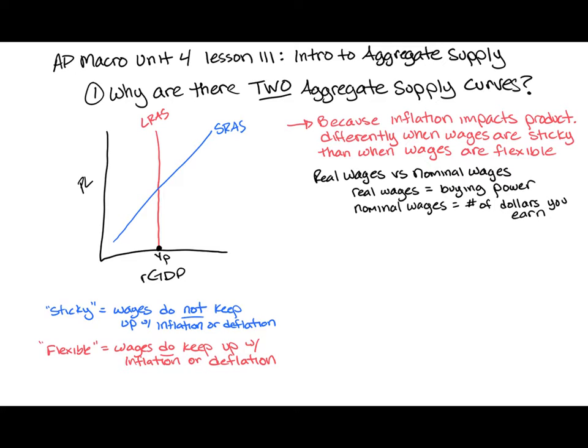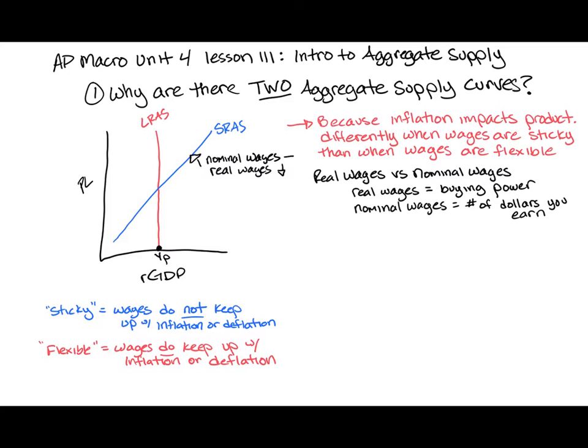Increases in the price level lead to increases in overall productivity because the producers are able to squeeze a couple of extra dollars out of any given unit of productivity. So to sum that up and to bring us back to where we're talking about with the short-run aggregate supply curve, because of increases in the aggregate price level, in the short run, nominal wages remain stagnant, they're sticky, but,